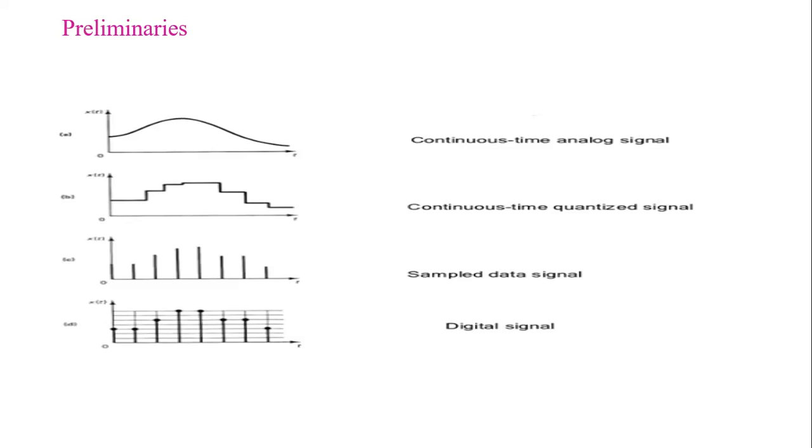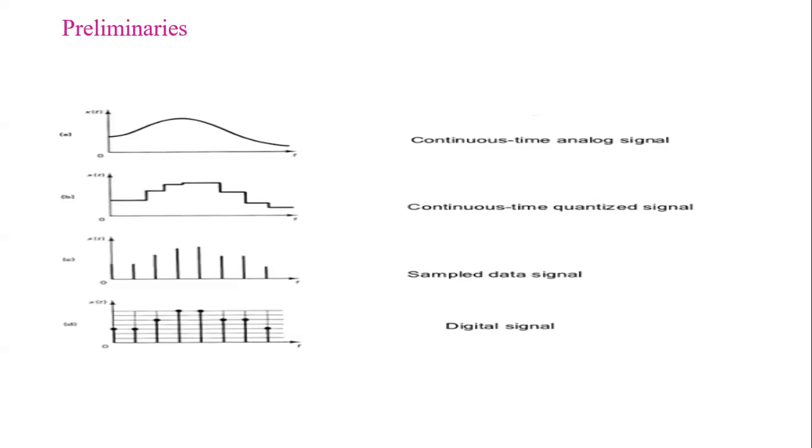As it is very clear from the title or the heading of the topic, now we are going to get introduced to digital control system. When it comes to a discrete time signal, we always define it at discrete instances of time. In discrete time signal, if the amplitude can assume a continuous range of values, then we also call it a sampled data, as you see here in the third figure.